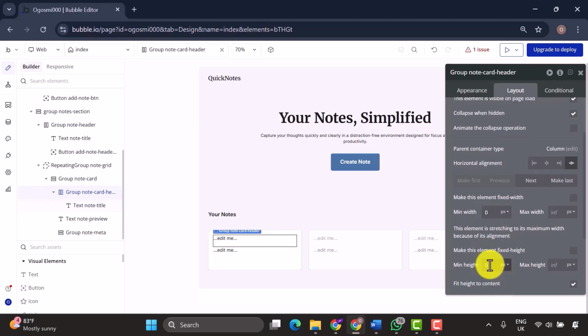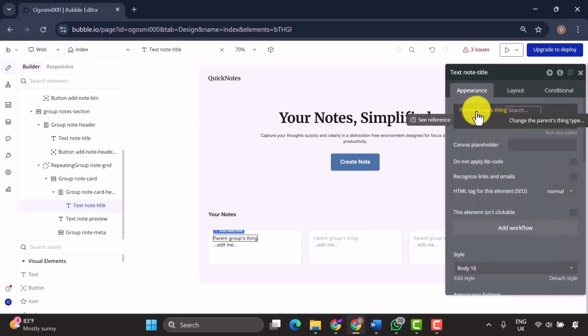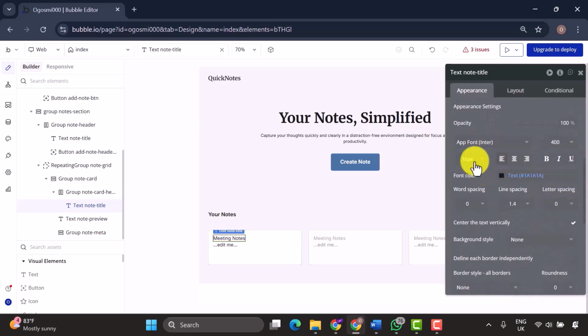For the text note title, under the text display section, under the appearance, we'll select Insert Dynamic Data. We'll select any option for now, as we'll get into that later. Once that is done, we see an option for Canvas Placeholder. Now I'll set a placeholder text like Meeting Notes so we can see how it looks during design. I'll style this title text with 18 pixels font size and medium font weight 500 to make it prominent but